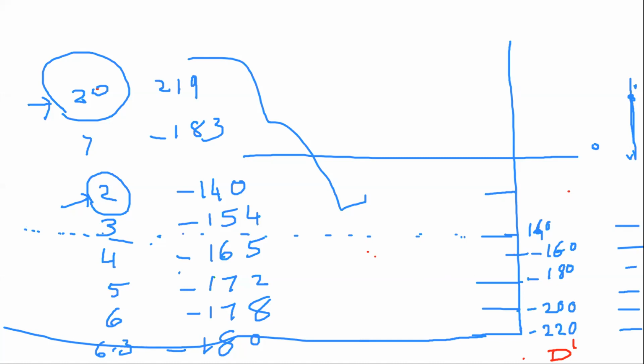But this minus 140 has to be marked for frequency of 2. Where is your frequency of 2? The first one is 0.1. You know 1. You have some other line corresponding to 2, right? On the graph sheet. So come vertically down from 2 and intersect it at minus 140. That is your minus 140 angle. Then next one is minus 154. Minus 154 will be somewhere over here, right? 140 to 160 in between, minus 154.